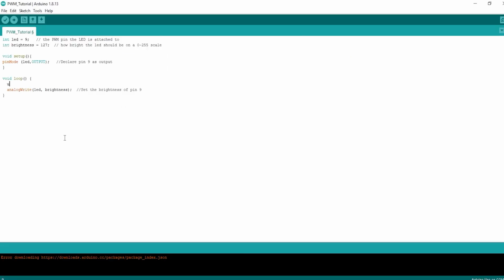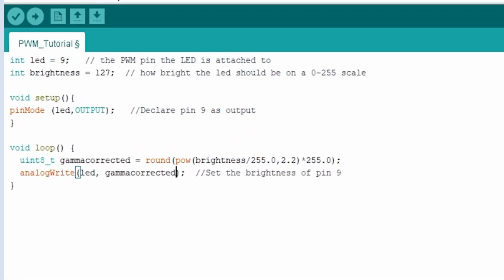So implementing the gamma correction formula in C for the Arduino, we type